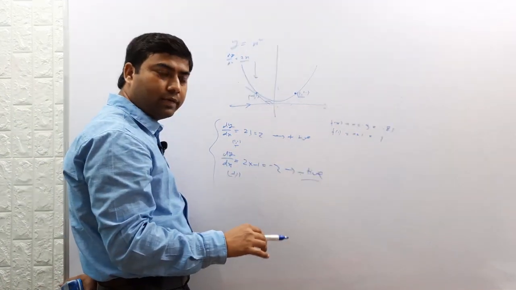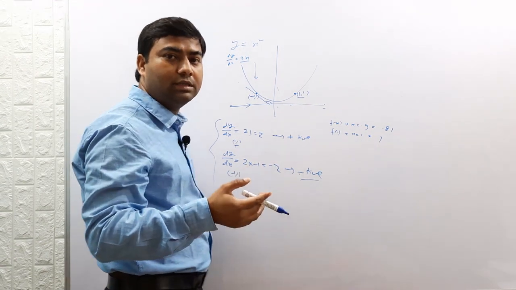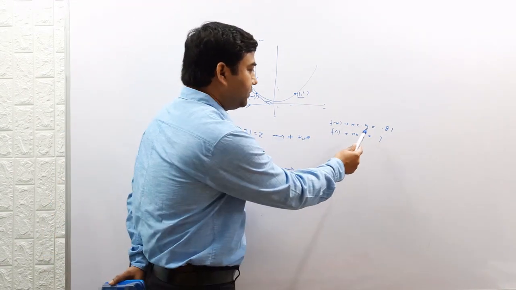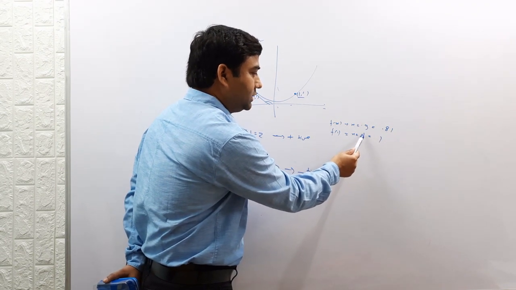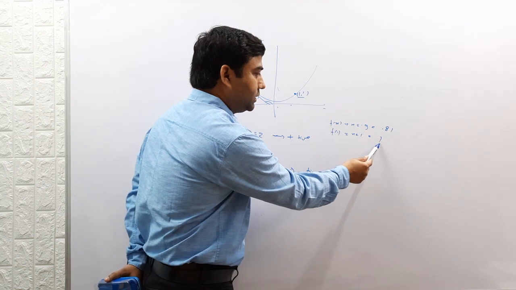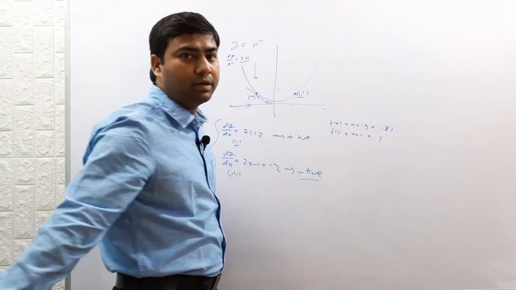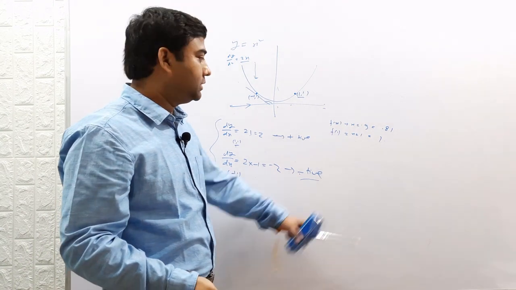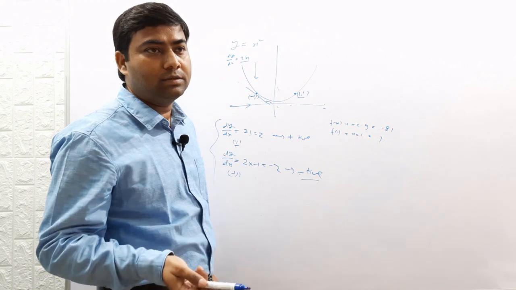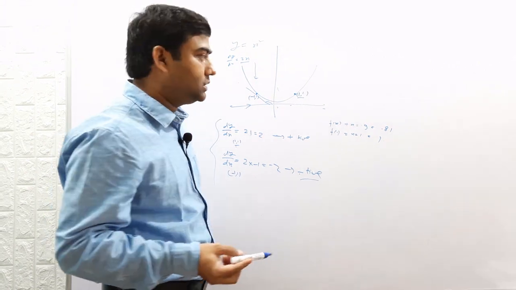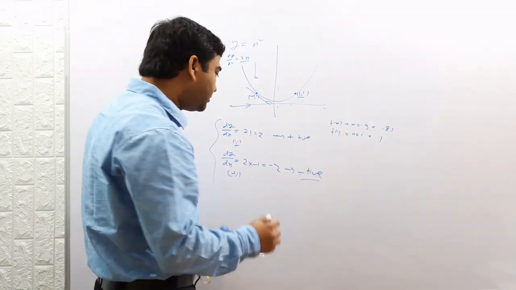Put the exact value of x small with small differences and see whether the function is increasing or decreasing. For 0.9 it is 0.81. For x equal to 1, we have increased the value of x, it is 1. So the function value is also increased. So it is an increasing function. This is another way to decide whether the function is increasing or decreasing. Similarly, here also you can do the same exercise.